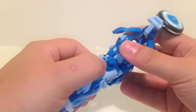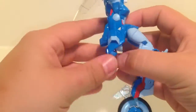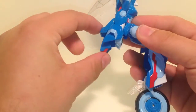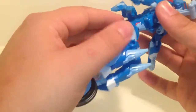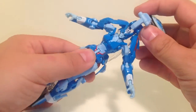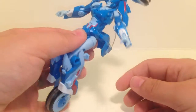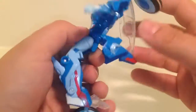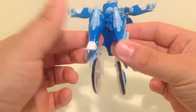And then you pull her legs all the way down, and this panel here, like a skirt kind of thing, comes loose, and that'll set her arms free. Then you can have her hips come all the way down, and it'll pop her head out. It's like auto transformation, and pop, that's her clicked into place, and you know it's done all the way correctly. And separate the wheel,